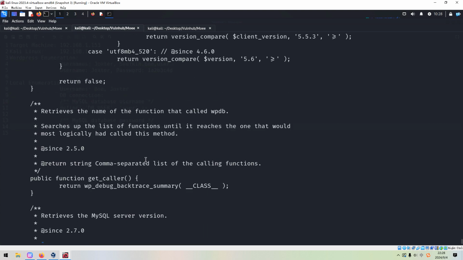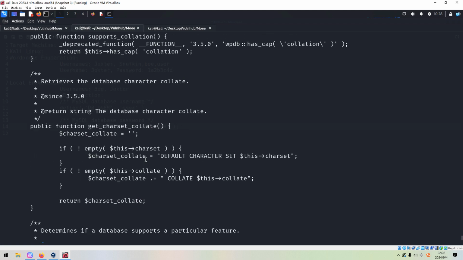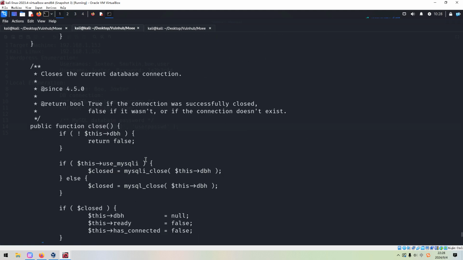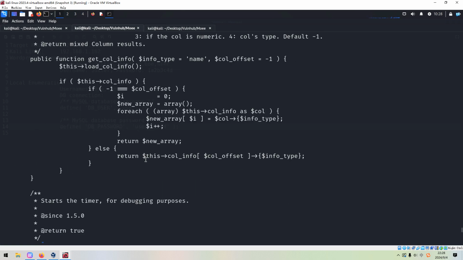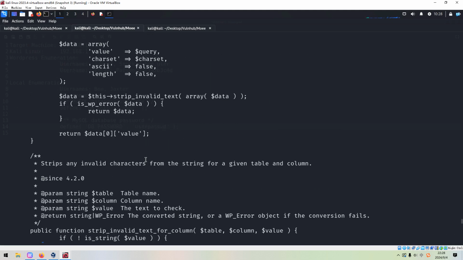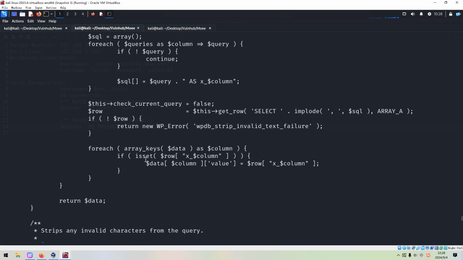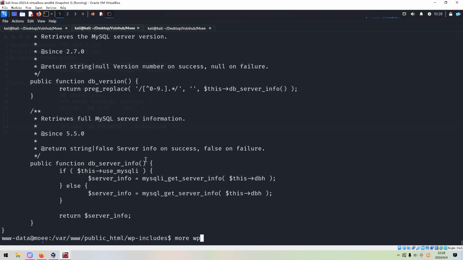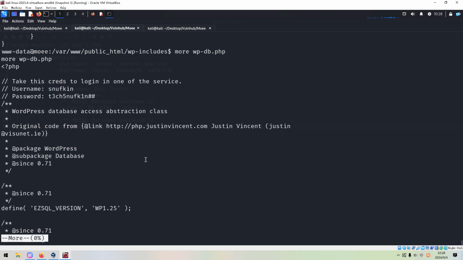Actually, this is another file for the database connection, with a lot of content. Maybe we can use more. As you can see, we got some comments.